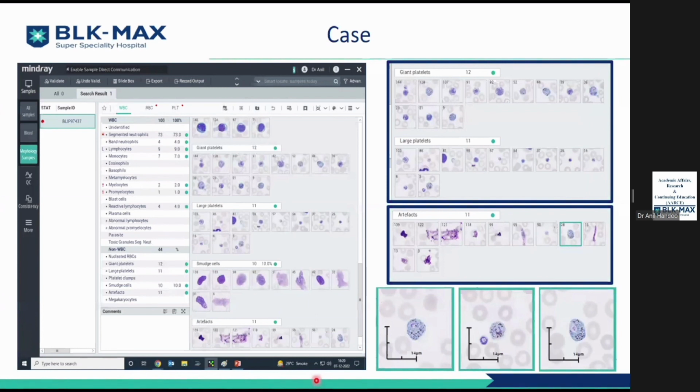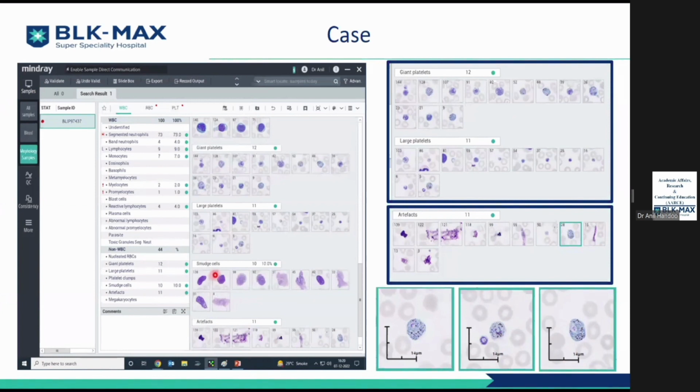Coming to the parasites, again, when we started, the analyzer was not really able to pick up the malarial parasite on its own, till we tried to customize it and get it to our requirements and see how it is going to pick it up. In fact, if you notice in this particular case, in the large platelets, in the giant platelets, and even in the artifacts, you are actually getting these malarial parasites. And you can see all of them eventually when we've taken a closer picture of them. These are nothing but schizonts,